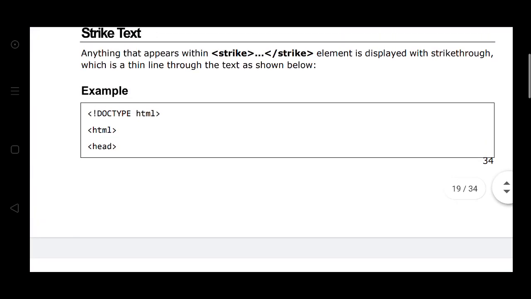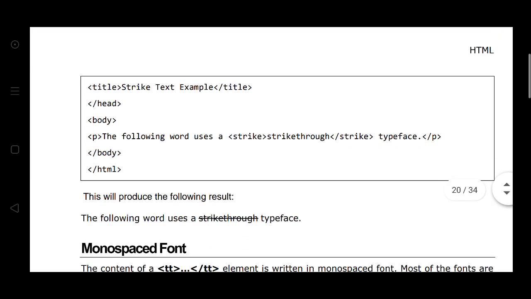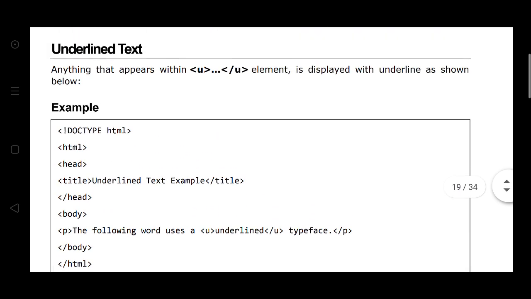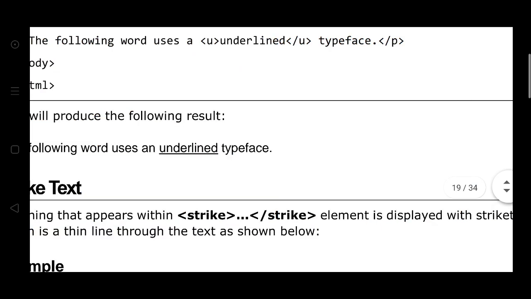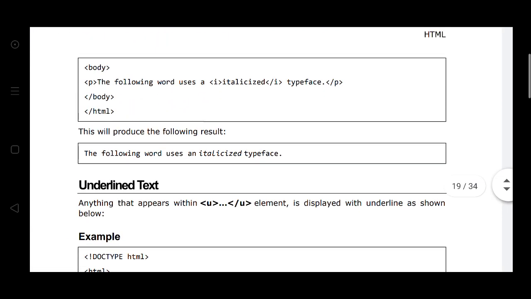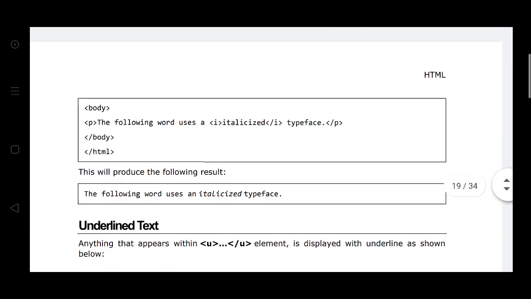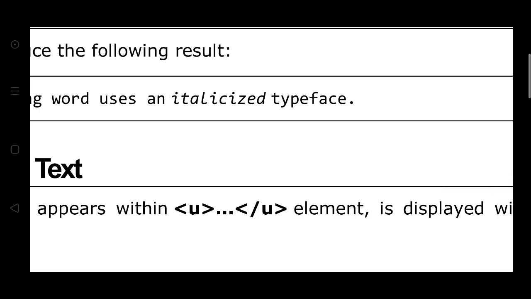Here we see the strike text. Here the text is struck like this. Then underline the text. Here the text is underlined like this. Then an example of italic: the font is italicized.